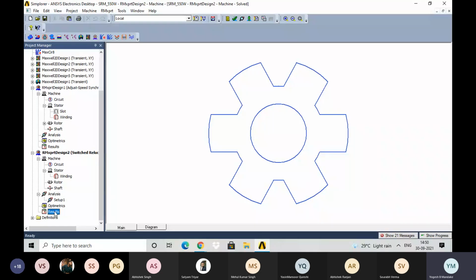That means before designing the hardware model, you will get a clear idea of what the performance will be, what the different characteristics of the motor are, and if it is not within the acceptable limit, then you can change your design. So this software is very helpful in electrical engineering from the research point of view. Now it is up to you for which application you want to design the motor. You may want to design the motor for EV application, for pumping application, or for any other type of application.